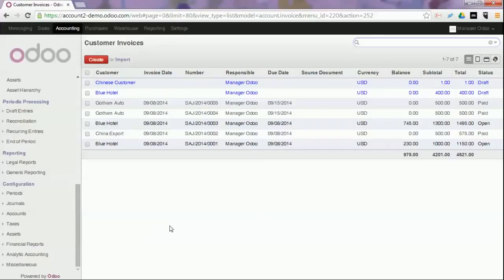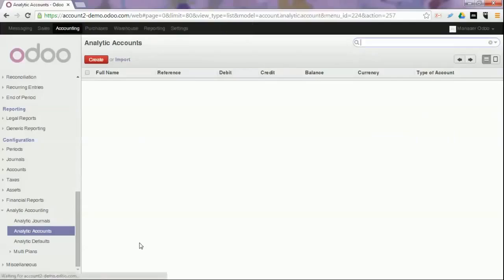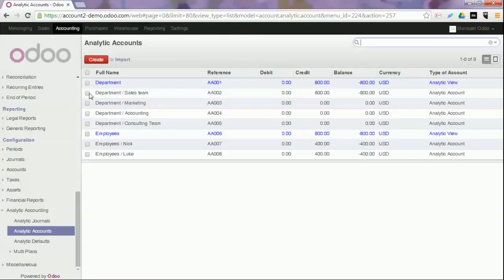Another way to print account balances or account ledgers is to go to Accounting, Configuration, Analytic Accounting, select the accounts, click, for instance, the sales department, select Print, and print the analytic balance, cost ledger, inverted analytic balance, or cost ledger with only quantities. You can also print the crossover analytic